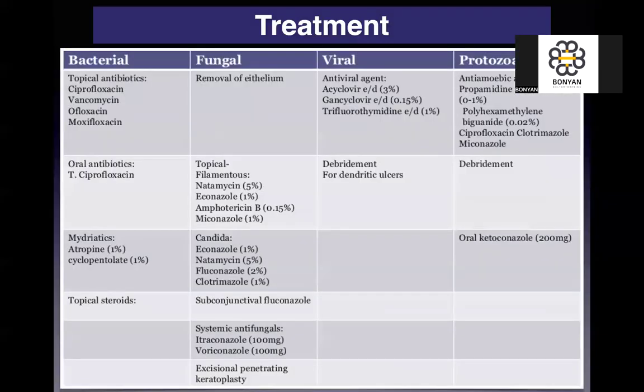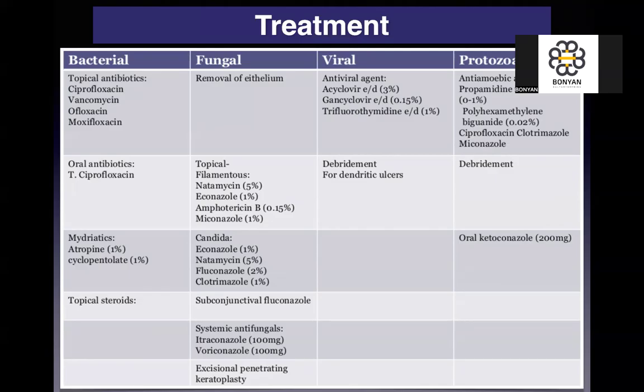And finally, the treatment of the corneal ulcer. Bacterial: you will start with topical antibiotics like ciprofloxacin, vancomycin, fluoxetine, moxifloxacin. But if there is no improvement, we will stop treatment and do scrubbing of the cornea and send it to the lab for culture and sensitivity test, to be guided by